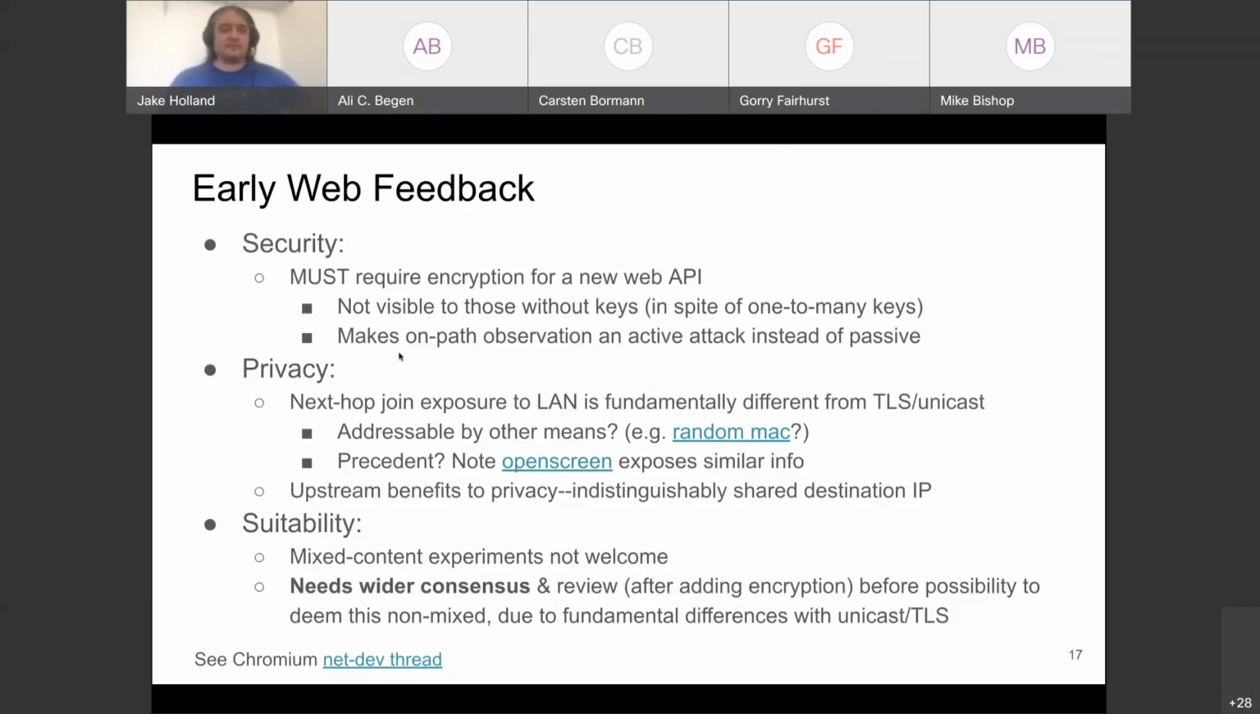And so we're looking into that, and we think we've got some good leads on what to do next there. But that's part of the ongoing discussion. The privacy concerns. There's a joint exposure in the LAN. So for your next hop